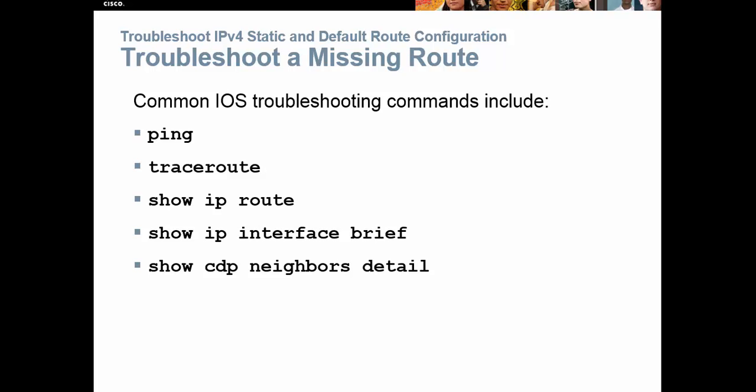With ping, you can see if you can actually connect to that device. Traceroute is going to show you the route that the packet is taking. Show IP route is going to give you information about that particular route. When you do show IP interface brief, you'll see the interface's IP address and whether or not they're in the up and up state or up and down. You'll see if they've been enabled and if the protocol is working. The show CDP neighbors detail is going to show you who you're connected to directly and who those neighbors are